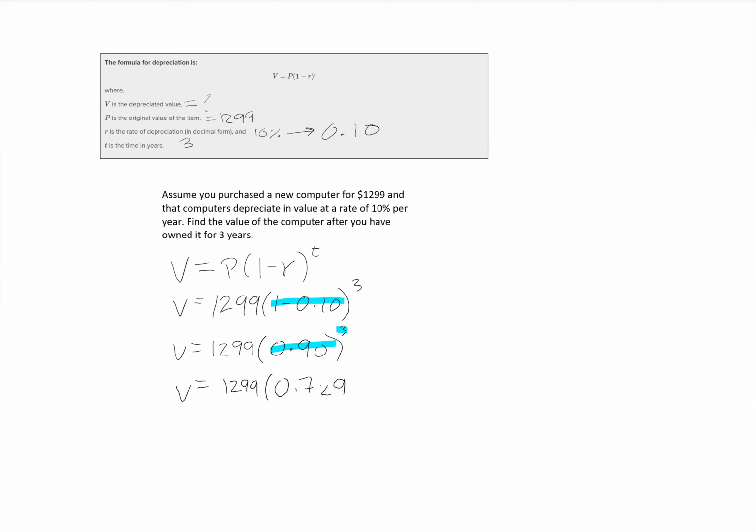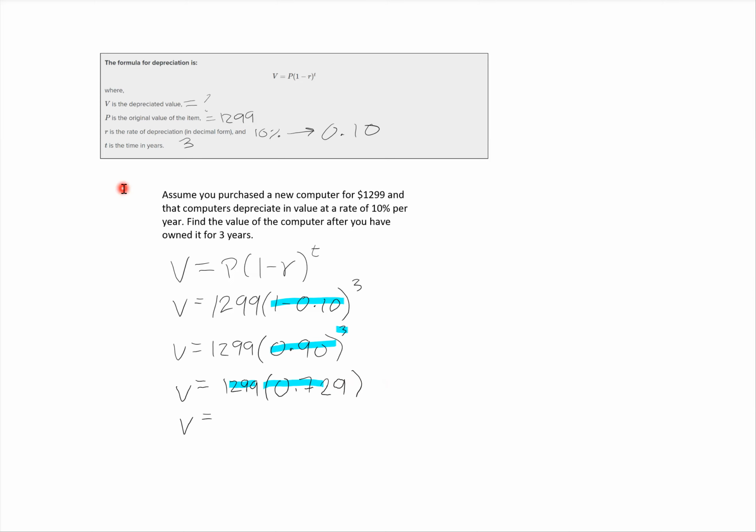0.729. Now, if this goes out to more decimal places, you'd want to write out probably at least 5 or 6 decimal places so that your final answer can be really accurate. You never want to round too early. Finally, order of operations tells us we're ready to multiply. And so we will, in our calculator, multiply that